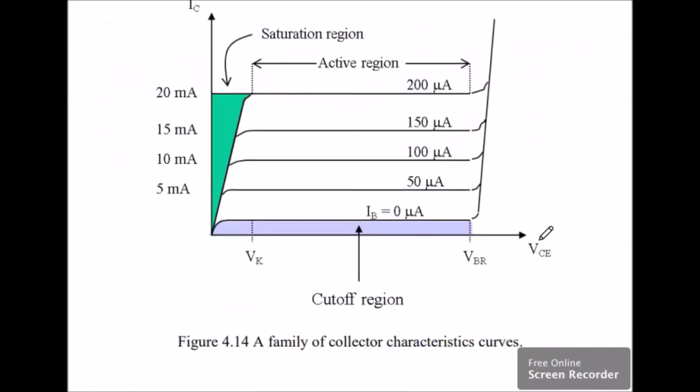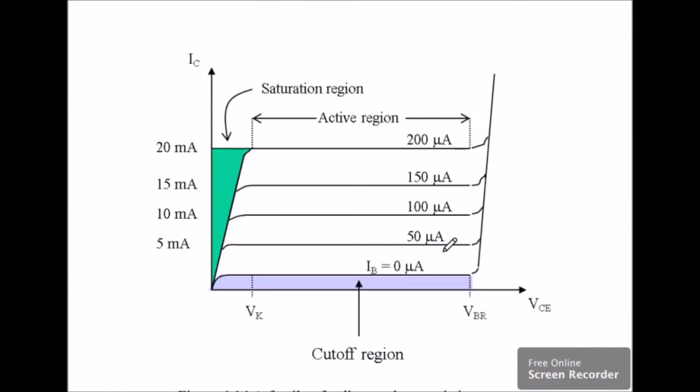Okay, so we have this graph. So on this graph, you can see meron tayong VCE on your x-axis, IC on your y-axis. And this one is our IB. Mga IB values po ito. Okay? Now, kung makikita mo, how do we interpret this one? So, this is our cutoff region. Okay? Yung cutoff region natin, say for example, kapag yung IB mo is 0, although in-increase mo ng in-increase yung VCE hanggang sa breakdown,